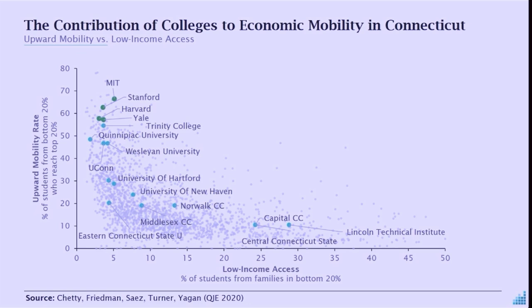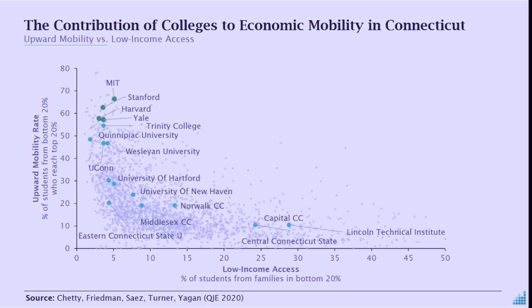of that. Now, on the other end of the spectrum, you can see here we've highlighted some Connecticut area colleges. There are places like Central Connecticut State that do enroll many low-income kids, but unfortunately the outcomes don't look so great at those institutions. Motivated by this chart, you can basically think of two approaches to increase economic mobility, moving the dots that are on the upper left to the right. And then the other approach is to move the dots that are on the right side up and improve outcomes